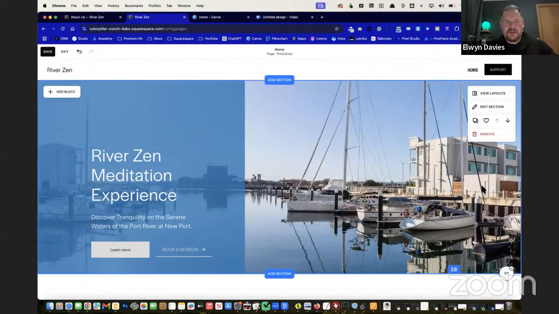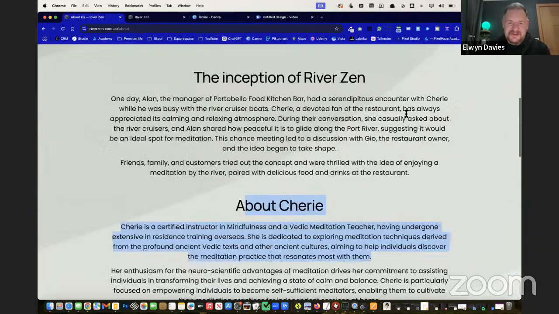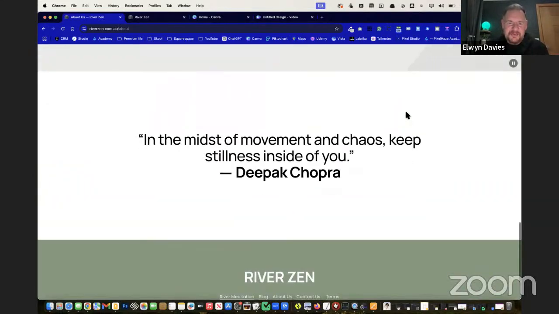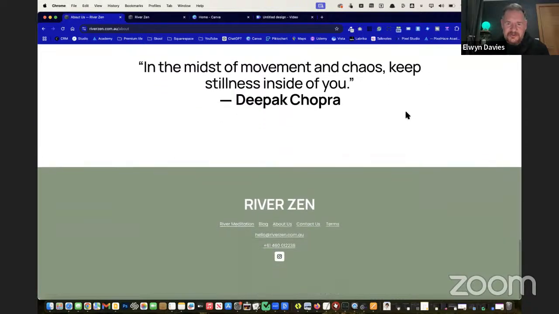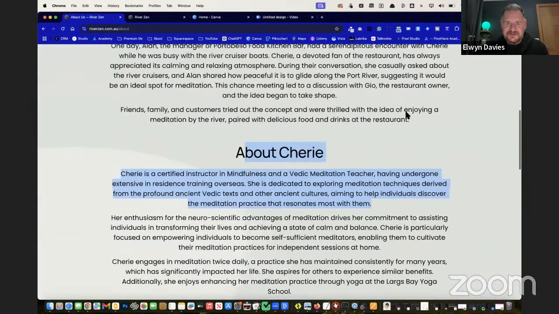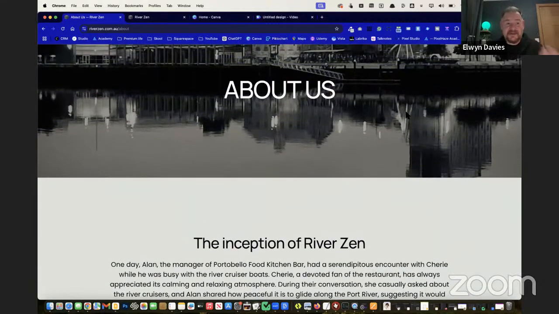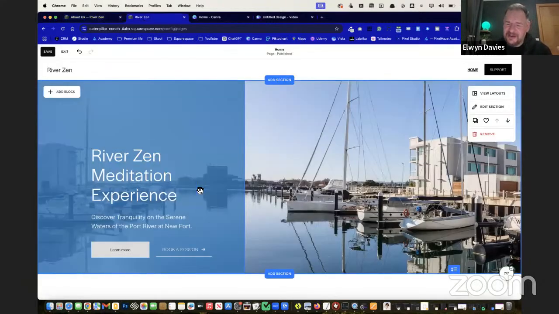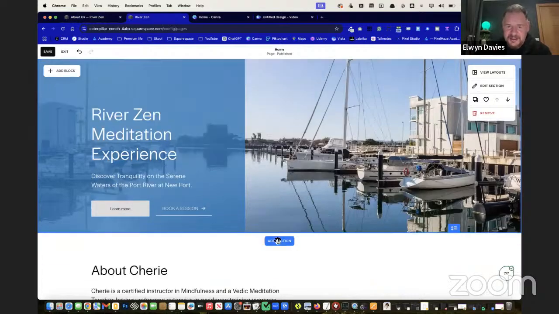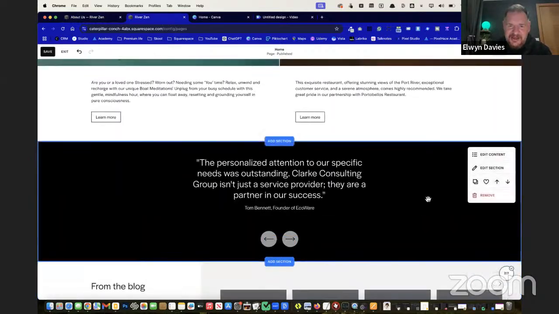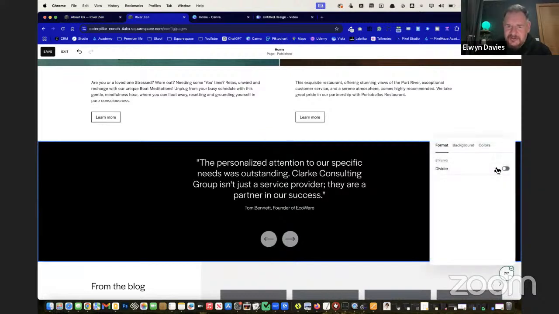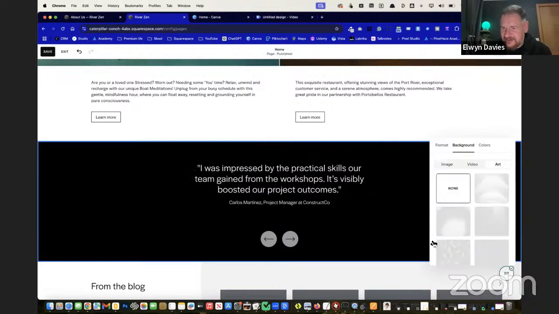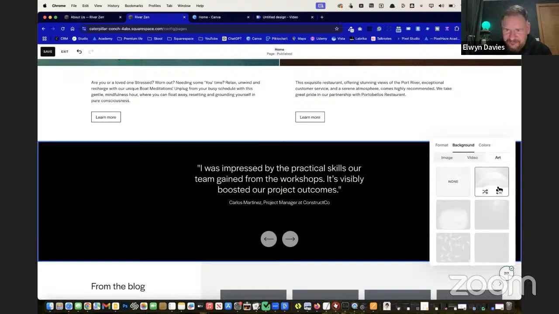But what we're doing here now is taking this design, a lot of it depending on the original color scheme and style. And also there are a couple of things that are individual to each page, like, for example, the animation effect here. There's absolutely nothing wrong with these animation effects. They can look really nice. I would probably slow down that animation. And I think we can find a place in our homepage where that will work. So I think we can do an art background on our testimonial section, and that seems like a really nice place for it. And then if we can find a ripple effect,